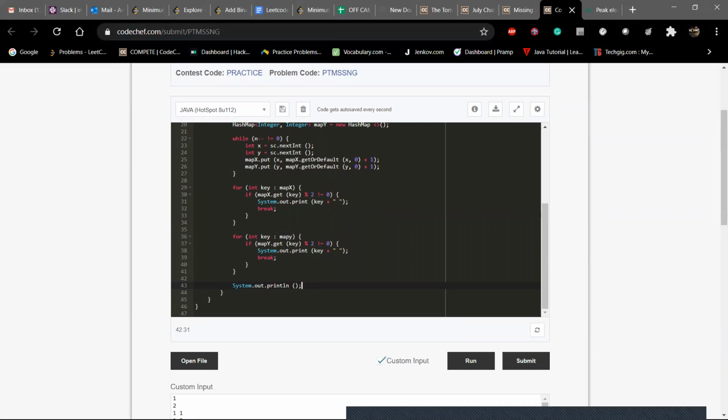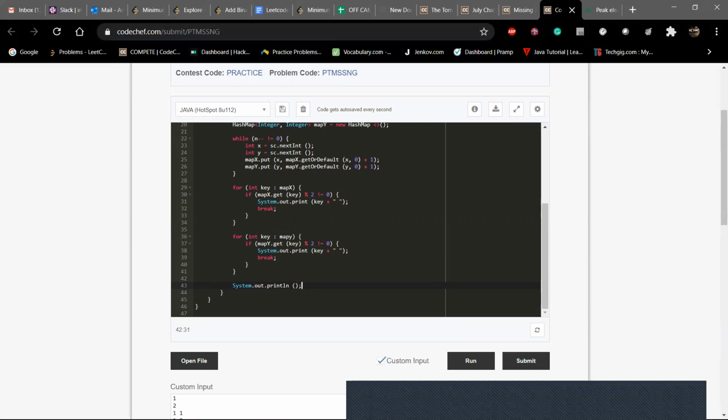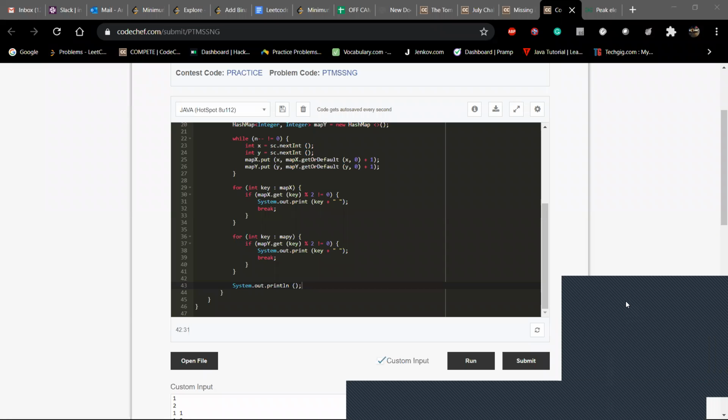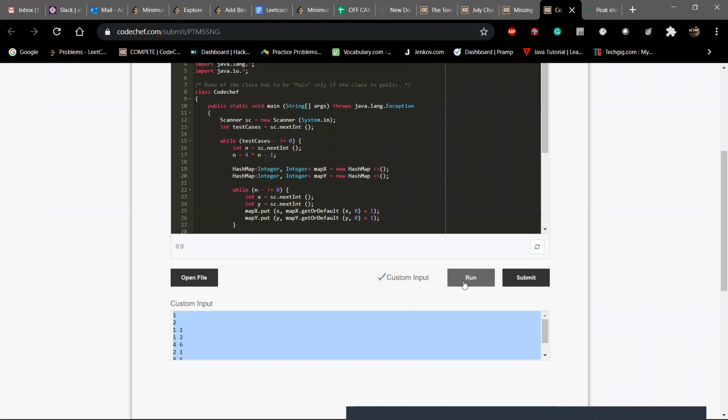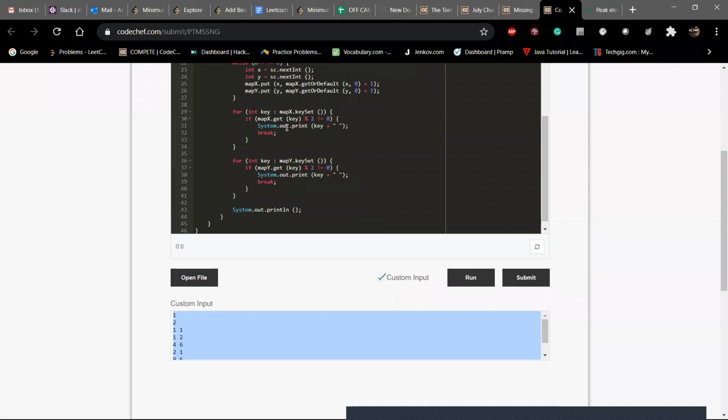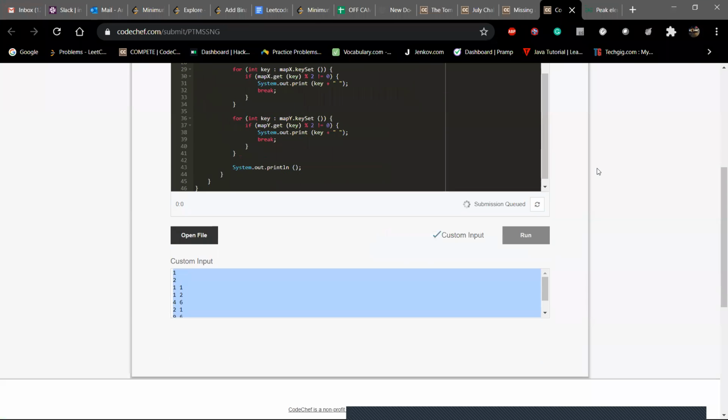I come back and add map x.keySet and then keySet, and then it runs.